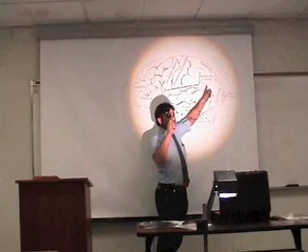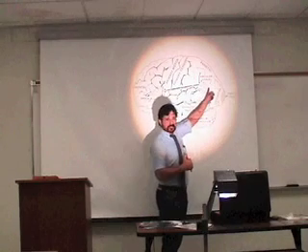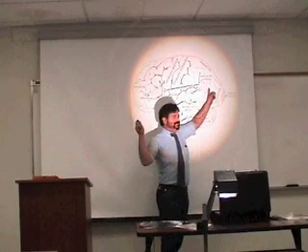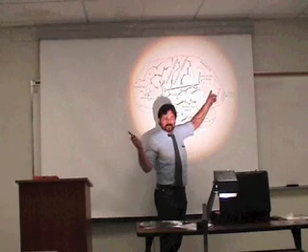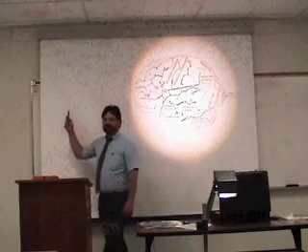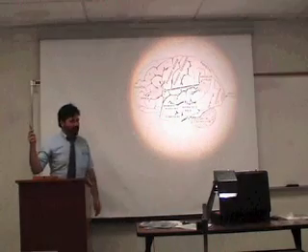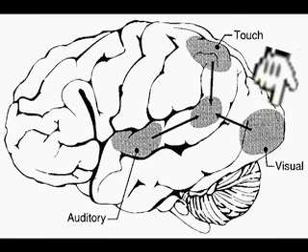You could call forth a visual image of this because of this area. So I can feel it in my hand, and then I can visualize what it might look like. And with my eyes closed, I can also call up the auditory equivalent to go, it feels like a pen, it's a pen. Okay? So here's the neat little way the brain is organized so that visual input comes here,